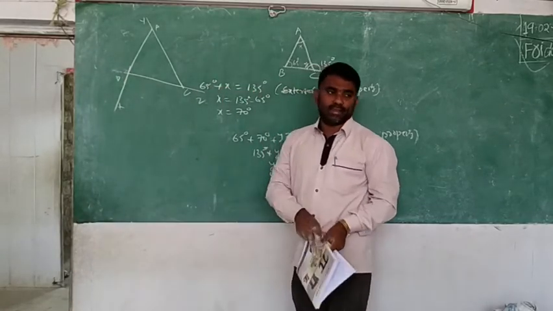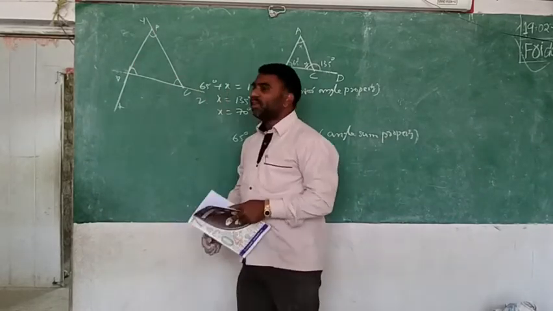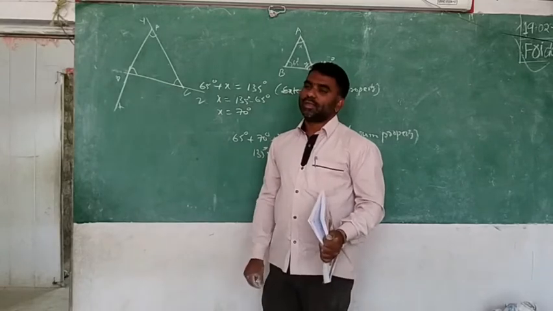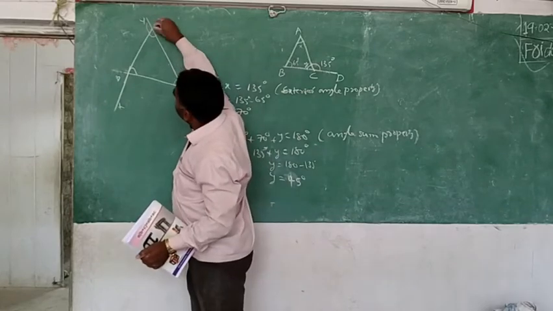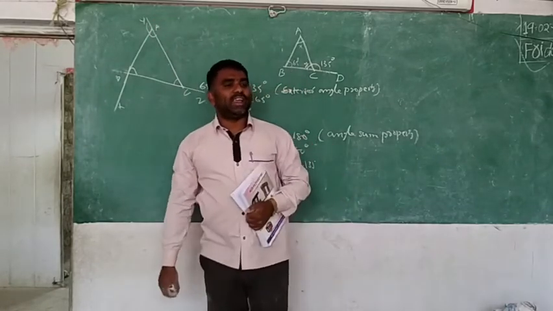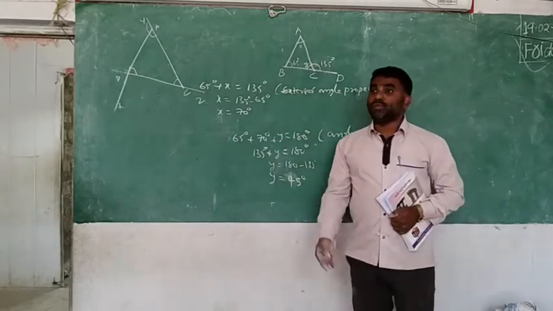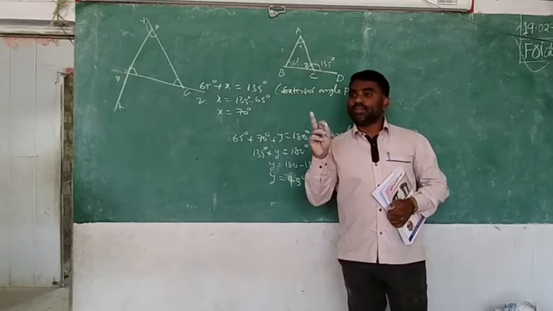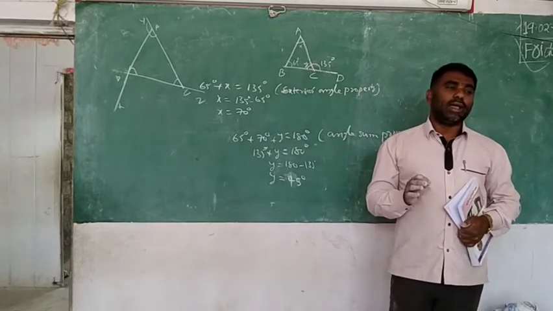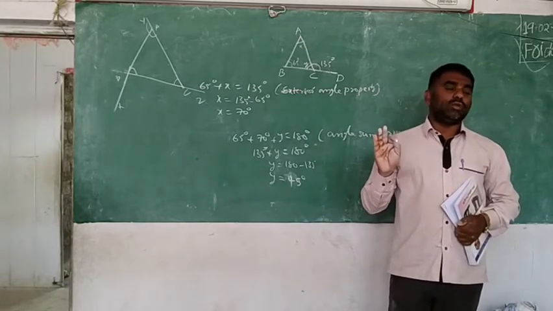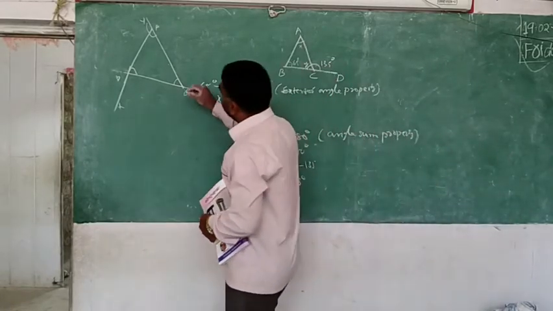Which are the interior angles here? Not like that. Here you should compulsorily use 3 letters. Why? Because this angle is also forming at A, and this is also forming at A. Then how do you say only angle A? Two angles are forming at A, that's why you can't say that. When only one angle is forming, you can use the single letter. If two or more angles are forming, we should compulsorily use 3 letters. You know how to name an angle, with 3 letters, compulsorily.